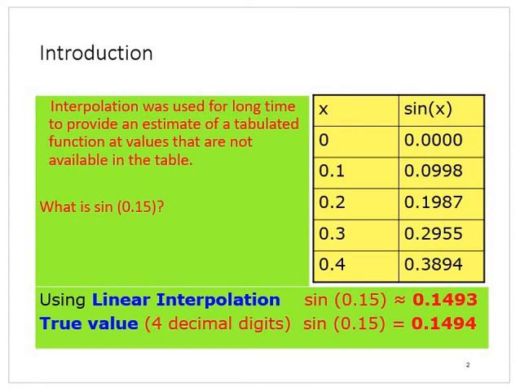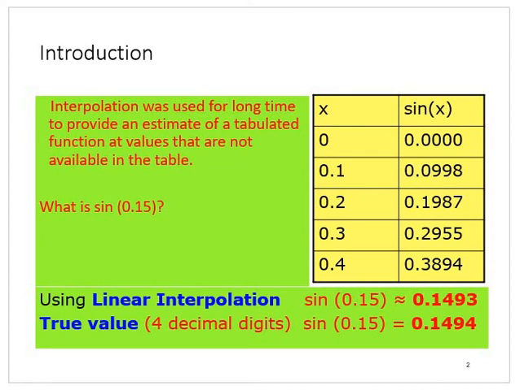How about if you want the value of 0.15, which is not in the table? Then that's where the concept of interpolation was introduced, to approximate or to estimate values that are not obvious or